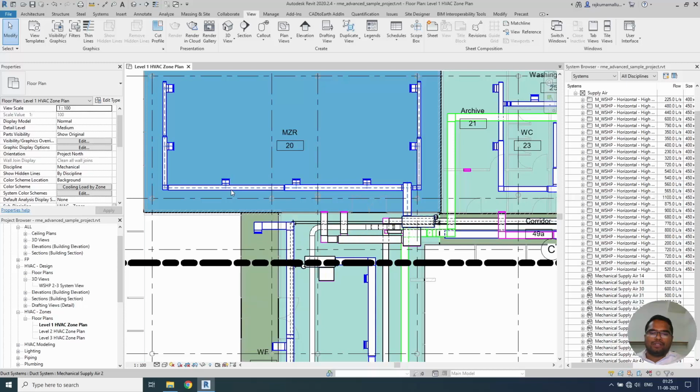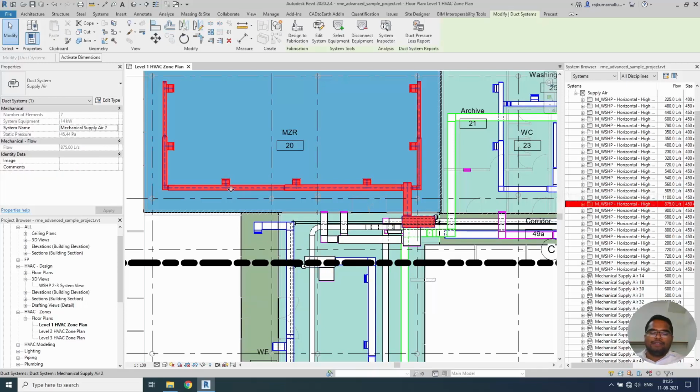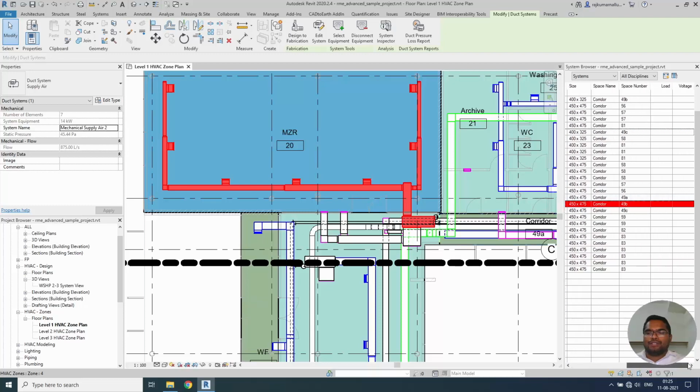And if I hover to the next time, it will show the duct system on the status bar. Left click, mouse click, and automatically the system will be selected. You can see that related components are also selected. On the right side, in the system browser, you will be able to see their names, and you can stretch it,